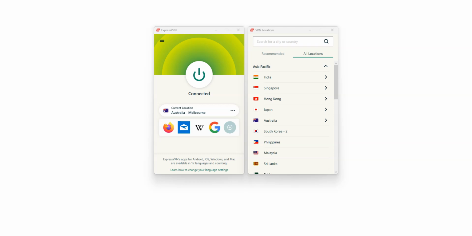To summarize, the idea is to use ExpressVPN to replace your IP address with the IP address of the VPN server and thus make it look like you are in another location. Doing this not only allows you to bypass the censorship or firewall put in place by your school or workplace, but also browse anonymously and more. All you need to do is to select a location in the list and press this button. That's it. It is that simple.